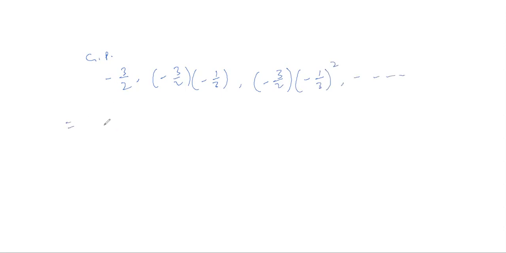So the first term you can see will be minus 3 upon 2. Next, this 3 will be cancelled by this, and minus minus will be plus, so we get 1 upon 2. Similarly, on simplifying these two, it will be minus 1 upon 6, and so on. So this is how we can find the GP. So this was also one of the types of questions that you will get in this chapter of GP.